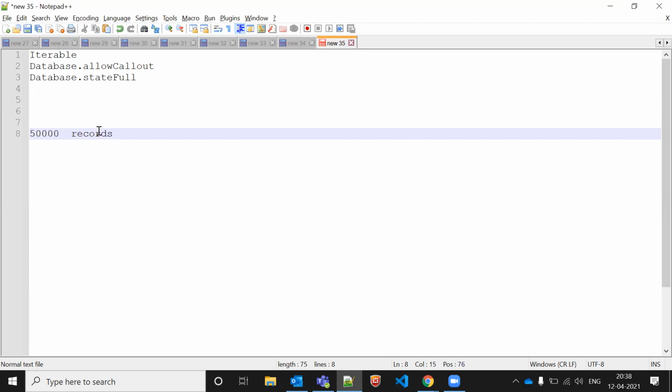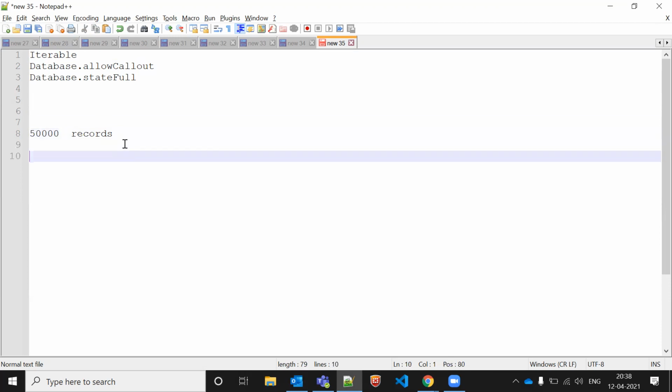So if I'm not using the iterable keyword, then my Database.getQueryLocator will run, and in this situation the records processed can be up to 50 million.